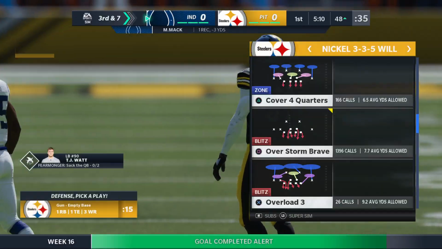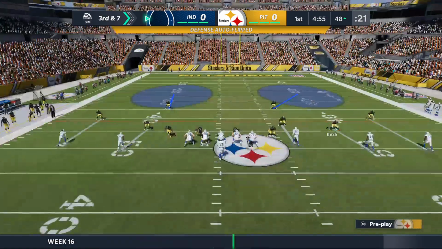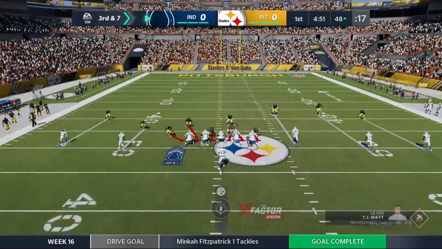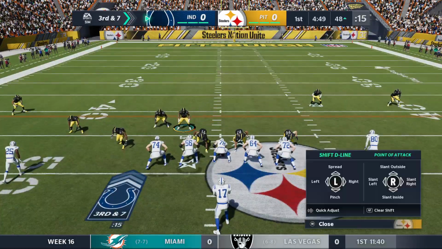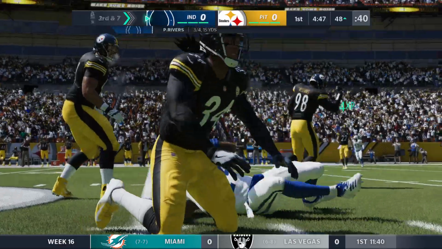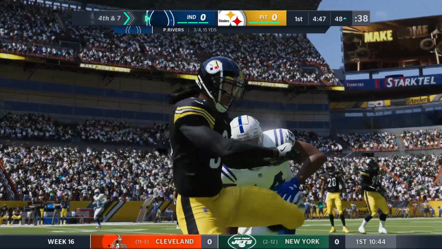All right, 3rd and 7. Let's get him off the field. So negative yardage, a loss of 3 on 2nd down, and that leads to a tough 3rd down call. Working out of the gun, Rivers. Good job. And that's going to be incomplete. The contact there enough to...